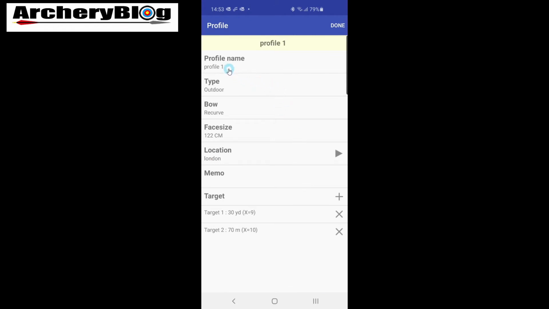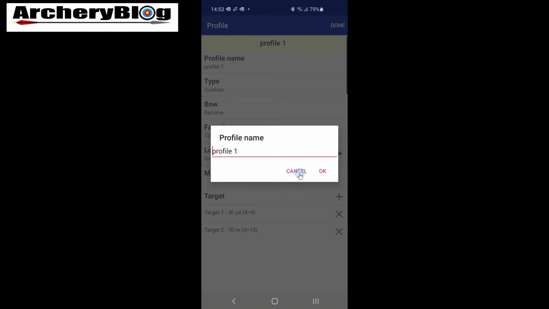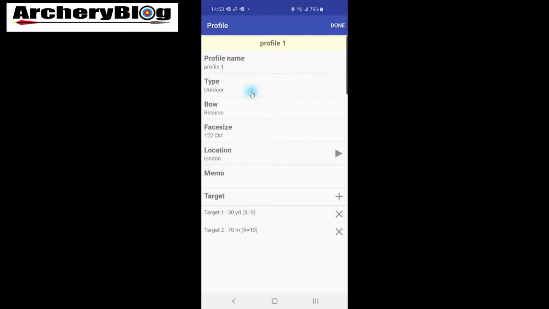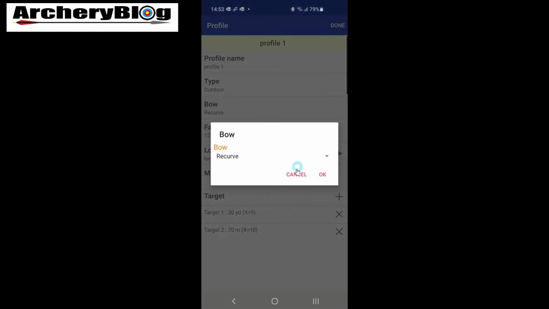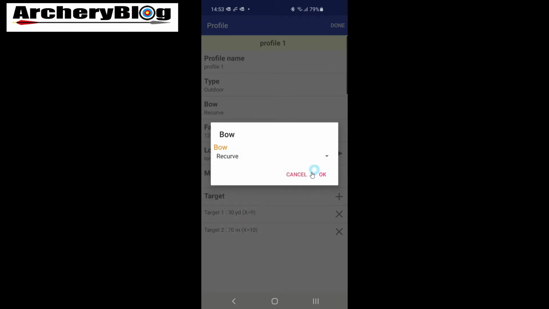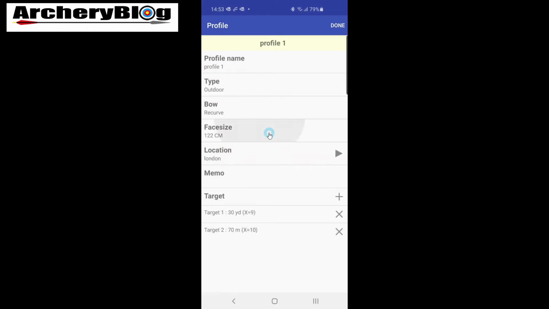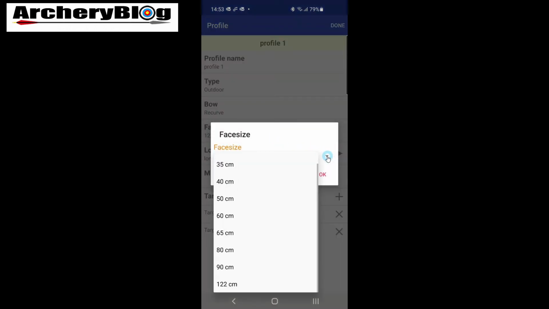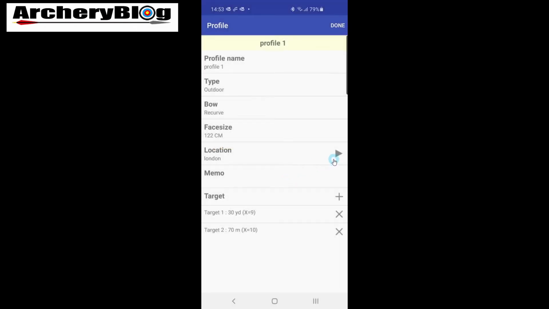So we've got our profile name up here, which I believe we can change, but I'm going to leave it the same. So we've got a type, we can change it to outdoor or indoor, and this is the bow. Oh no, we can change the bow type here as well to different bows. I thought that was just going to be the bow that I defined. Face size, another drop down here for all the different sizes of faces you can get, from 20 centimeter up to 122. And then your location,